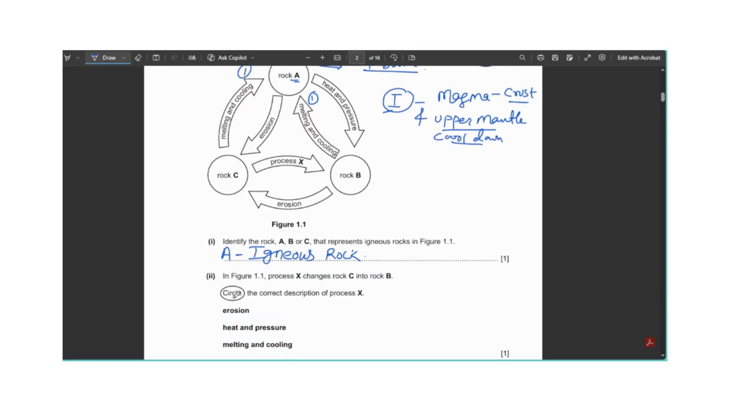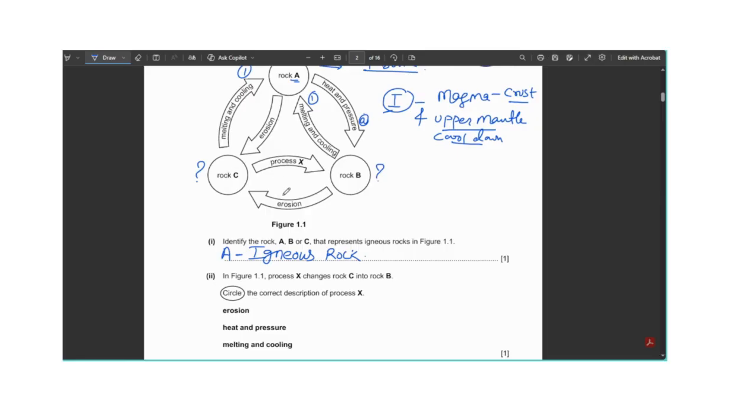Now a quick question for you. If A is igneous rock, what are B and C? Can you tell me which rock is B and C? Please remember, B rock is going to form after heat and pressure. That is one of the conditions. B rock is also formed by the process X here. In figure 1.1, process X changes rock C into rock B. So if something is changing from rock C to rock B, that means